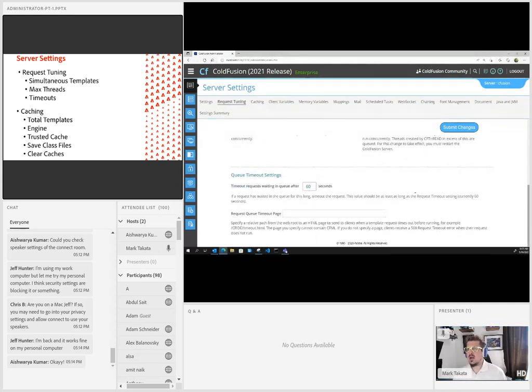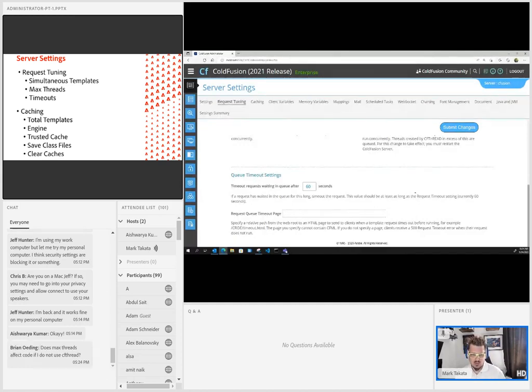Timeouts. So when you have requests that are waiting in the queue. Remember earlier we had the maximum number of processed requests, template requests that we're going to allow. If they're not allowed, they get put into the queue. Here's the second part of that. It's the other shoe falling. So how long are you allowing timeout requests to sit in the queue? This is set for 60 seconds. Again, if you are doing other timeout settings, so if you're doing timeouts in your queries, if you're doing timeouts on the page in any other way, the ones that are closest to the action are going to be the ones